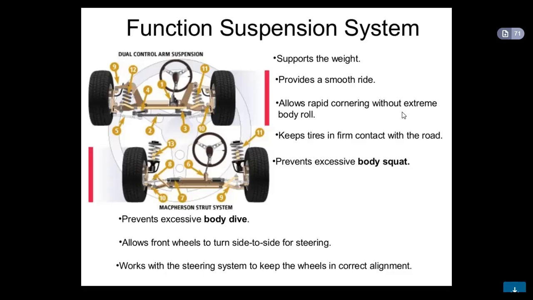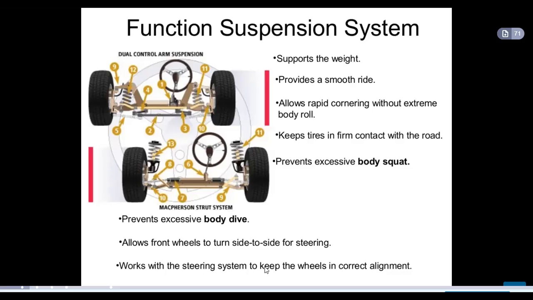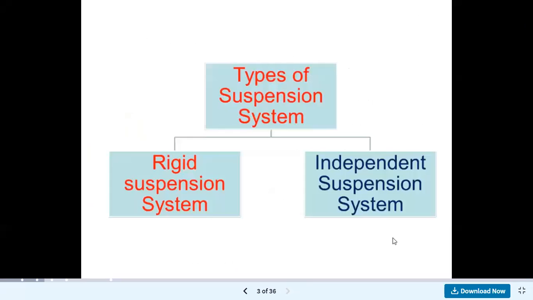So all the components are attached with this system. So the weight is attached to this suspension system. It provides the smooth ride, means the vibrations are less in this case, and smooth ride is the result if we reduce the vibrations. Then keeps tires in firm contact with the road, means the slipping or such type of problem is avoided in this situation. So all these are the functions related to this suspension system.